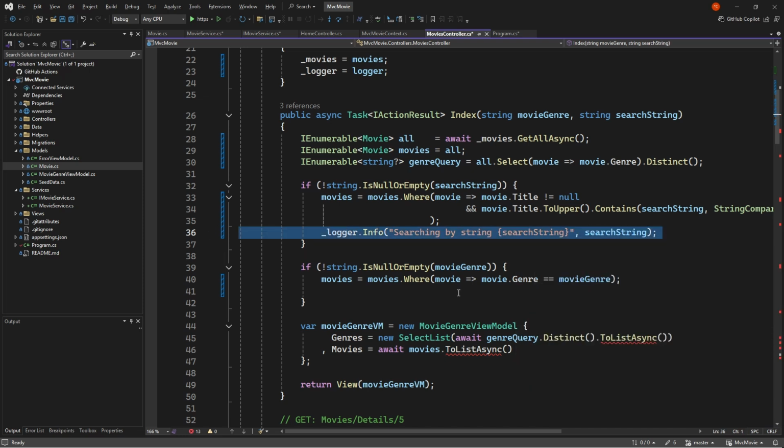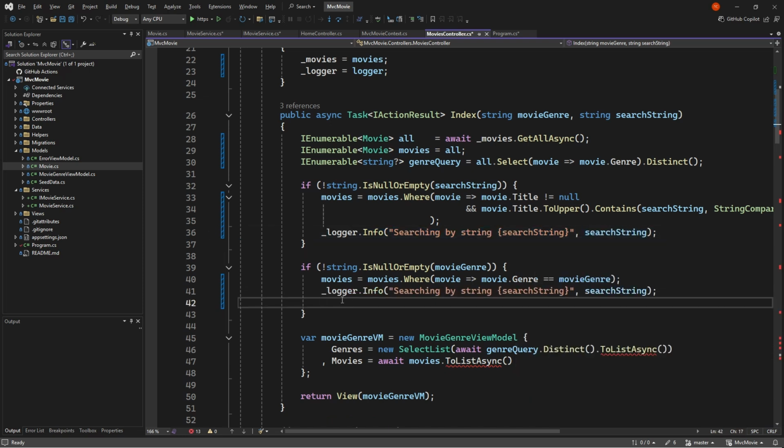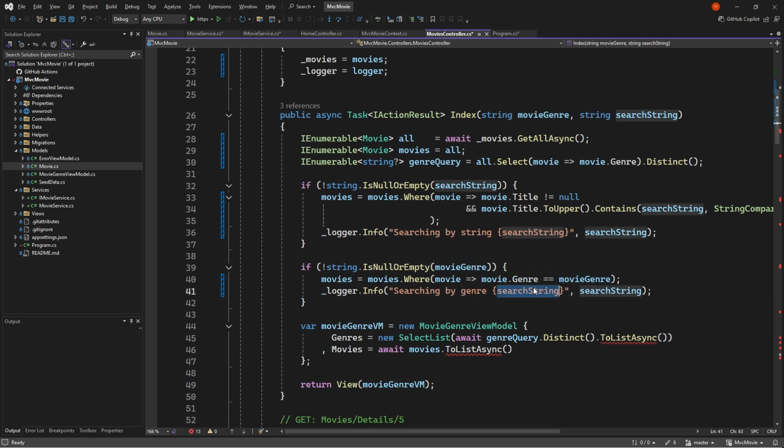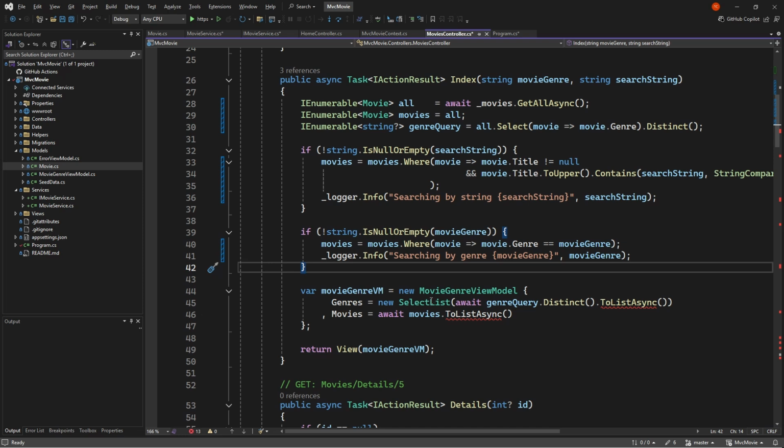And then we're going to do the same for our movie genre. Say movie genre, movie genre. Very good. Okay. So the next thing that we're going to do is we're going to get the view model